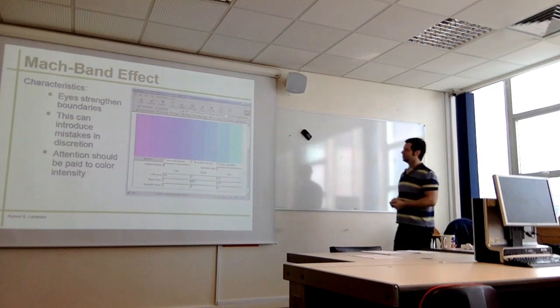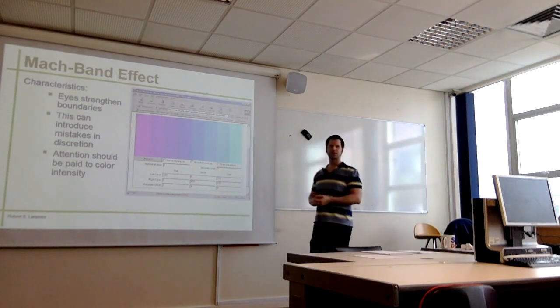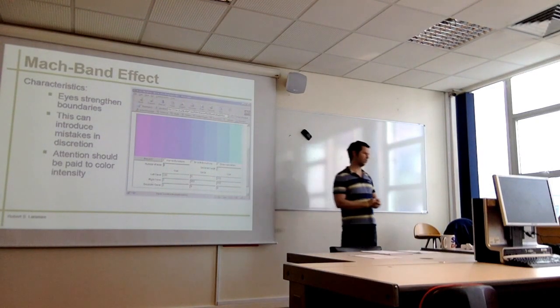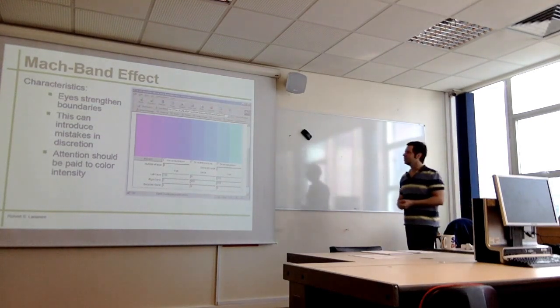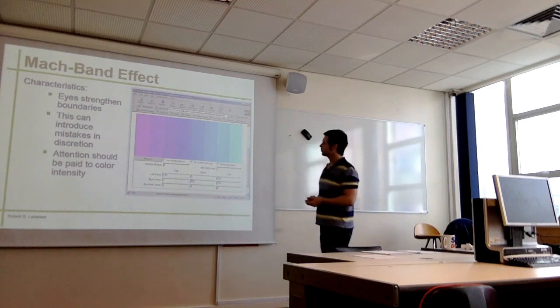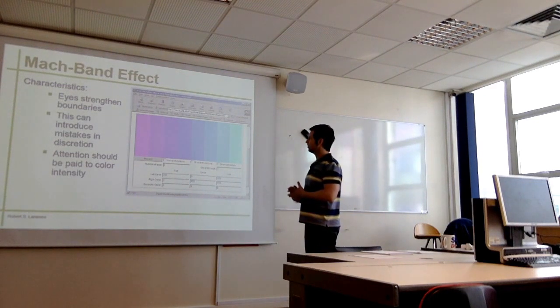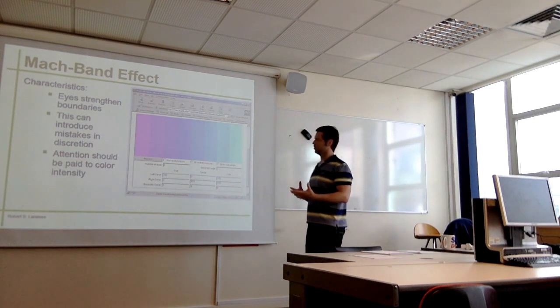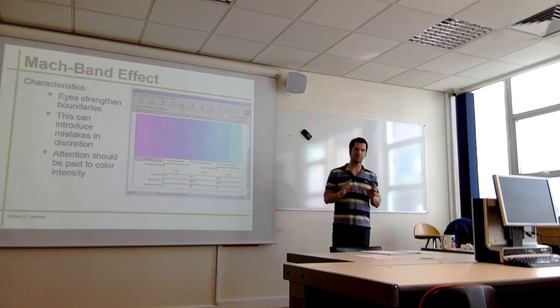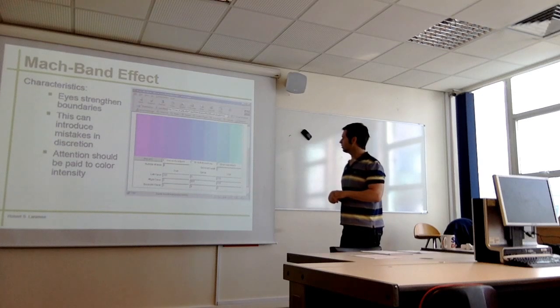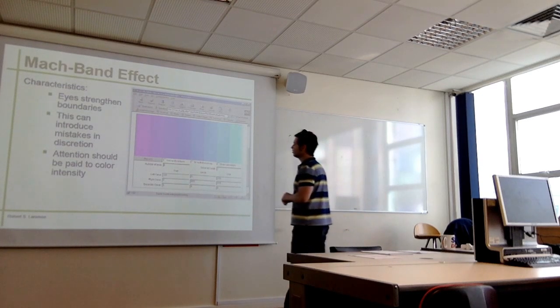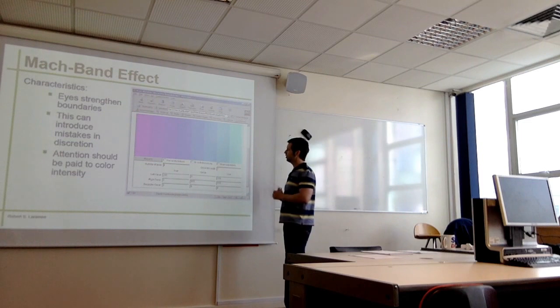Colors depend on context, and one of the illusions is called the Mach band effect. So, our eyes, or visual perception generally, tries to focus on boundaries and emphasize boundaries. And sometimes this can create illusions. So in this particular example,